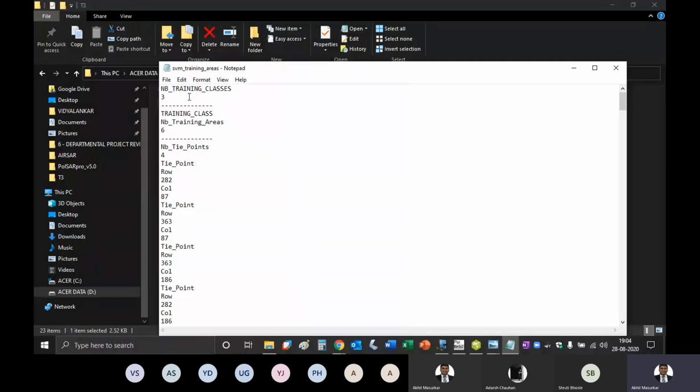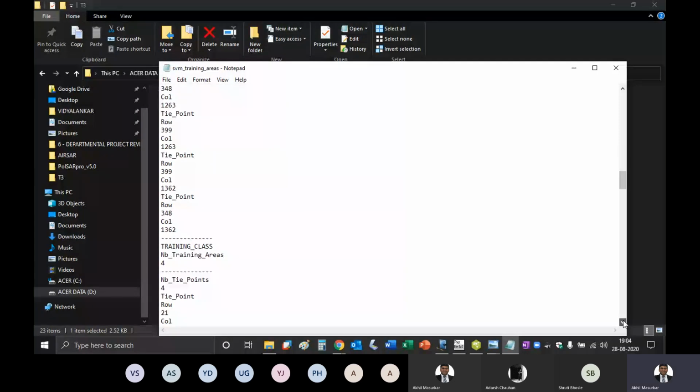So it is saying, see here, total number of classes is 3. Of class number 1, there are 6 areas. Then if you go down, of class number 2, there are 4 areas.